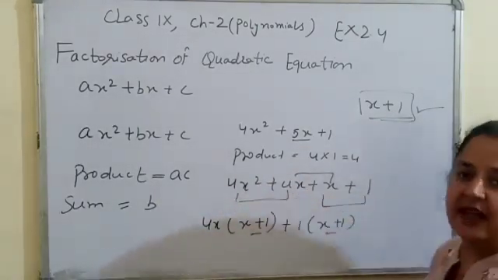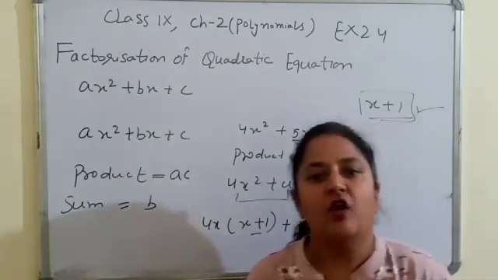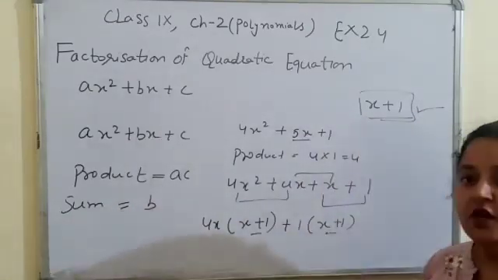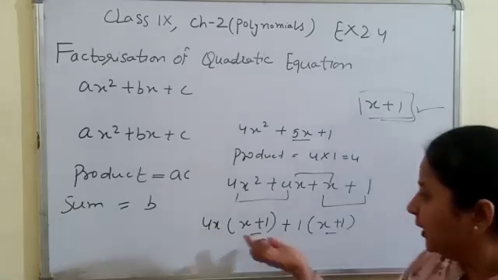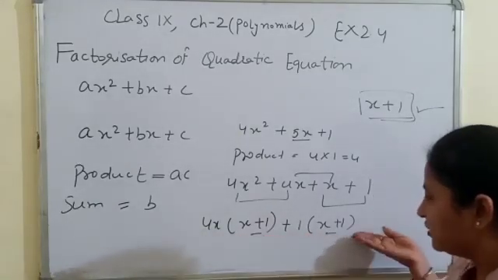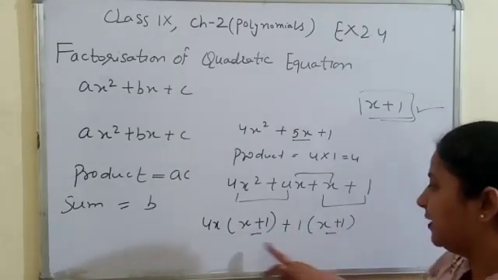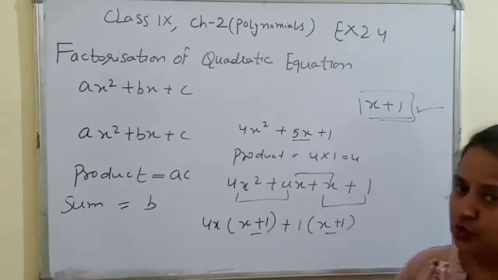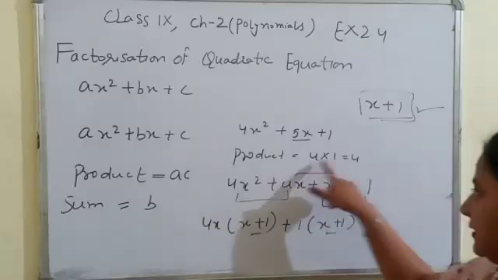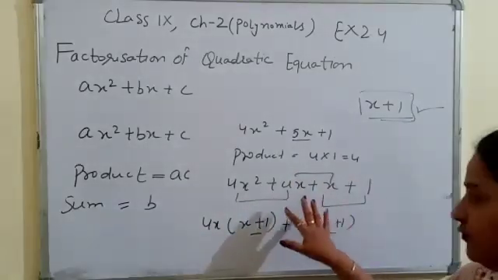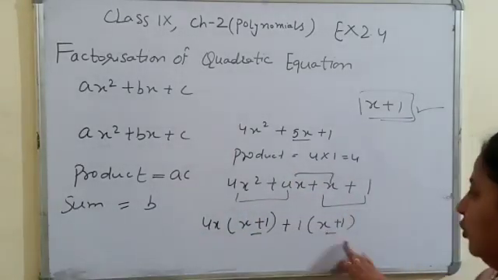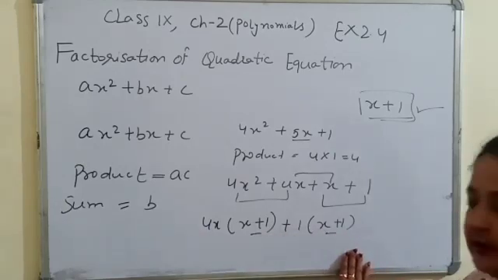And next step is that after taking the variable coefficient common, you have to check one thing here. The left side values should be the same. If these are not the same, it means you are taking the wrong factors here. You are doing the wrong factorization. These equations should be the same.